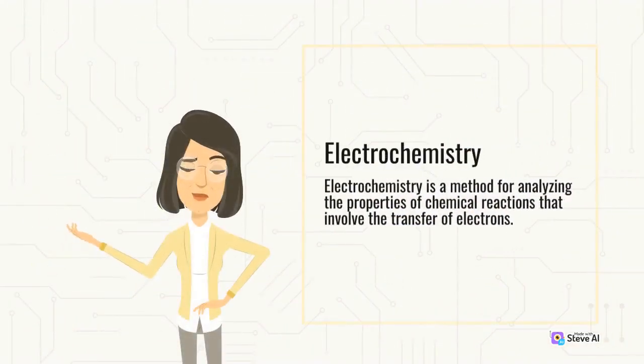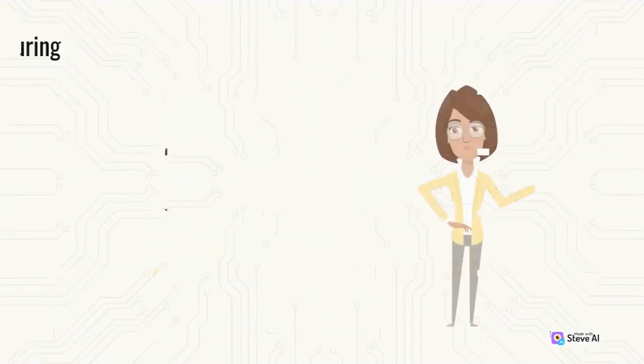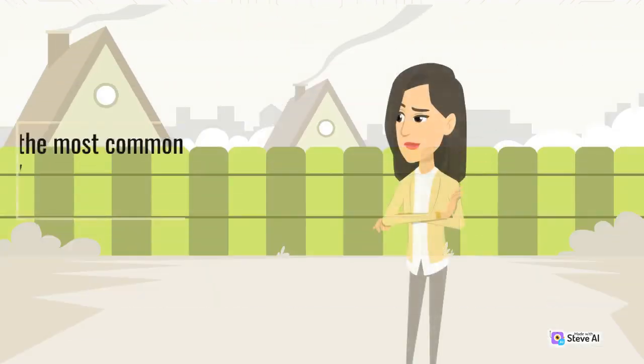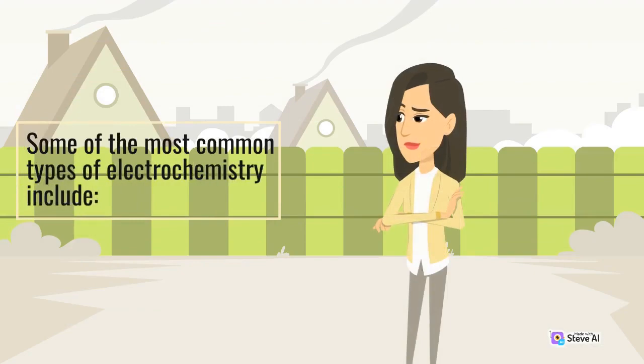Electrochemistry. Electrochemistry is a method for analyzing the properties of chemical reactions that involve the transfer of electrons. This method works by measuring the electrical potential and current generated by a reaction. Some of the most common types of electrochemistry include